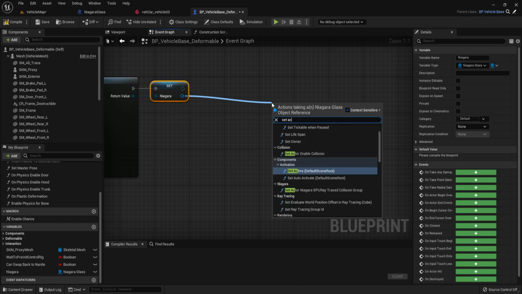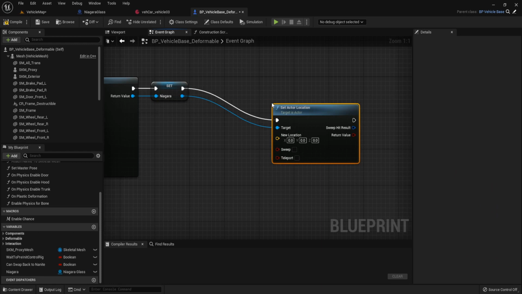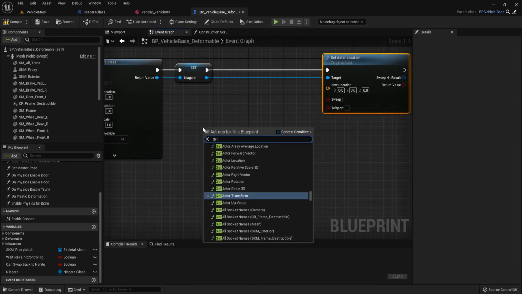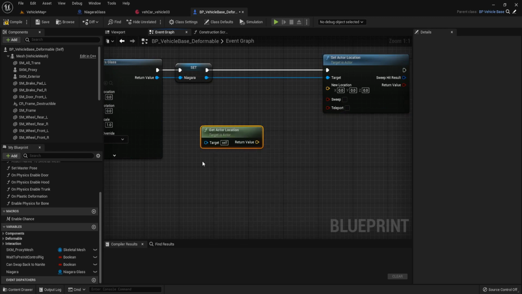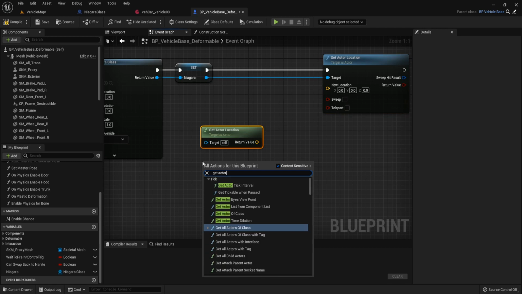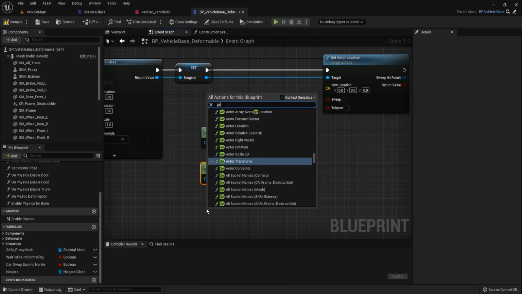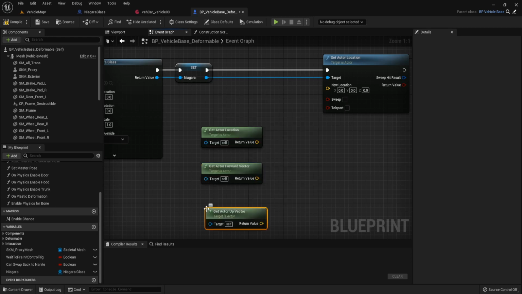Set this Niagara location. Get actor location, get actor forward vector, and get actor up vector. And add pin.